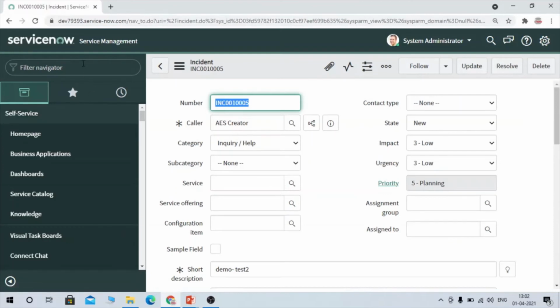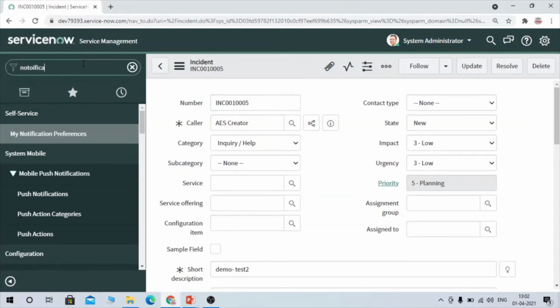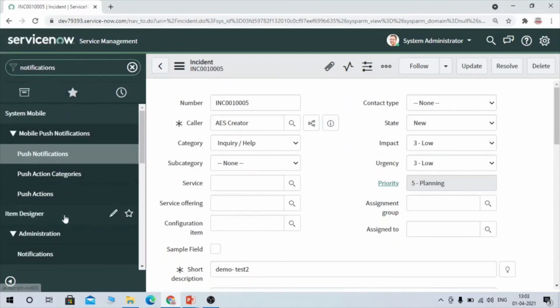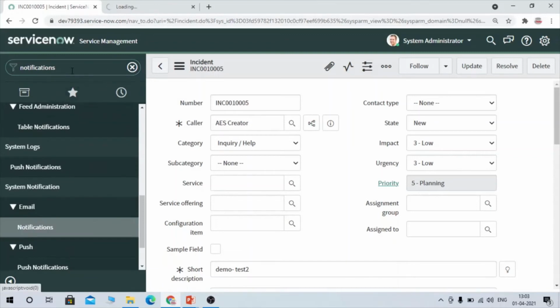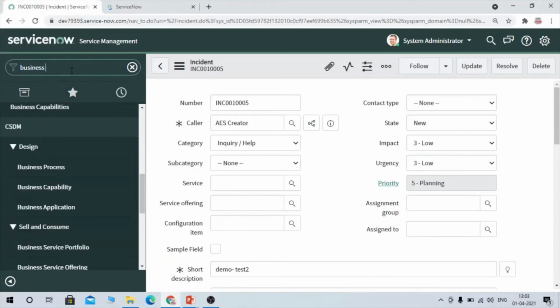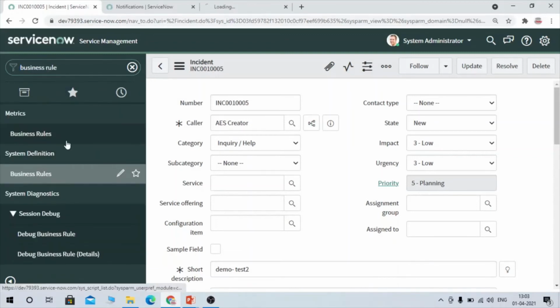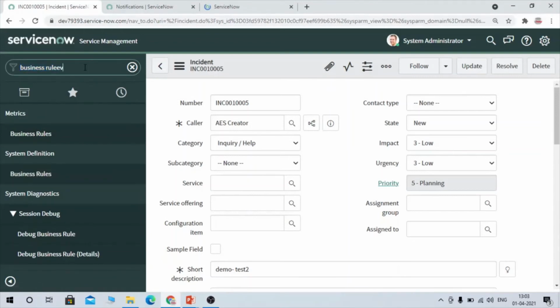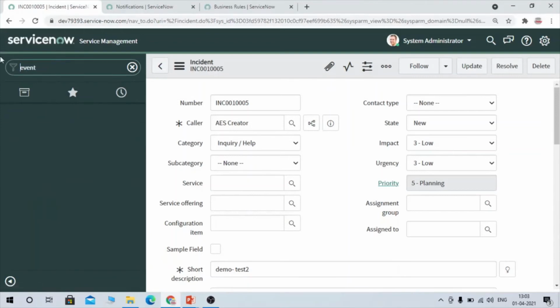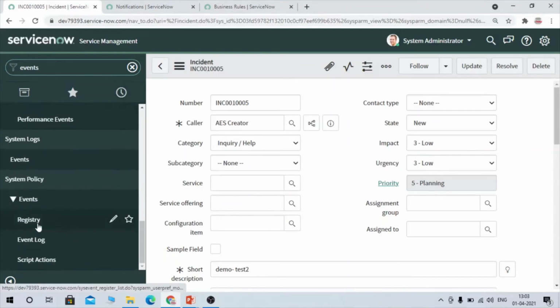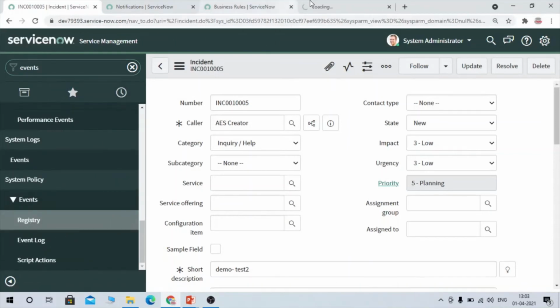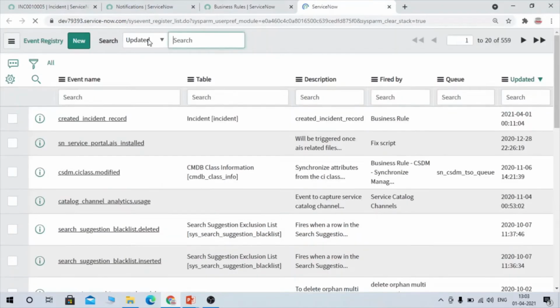So let's go to notification, and in notification, business rule, event. I'm opening everything, and I'm just going to modify the existing one and trigger the notification through event.